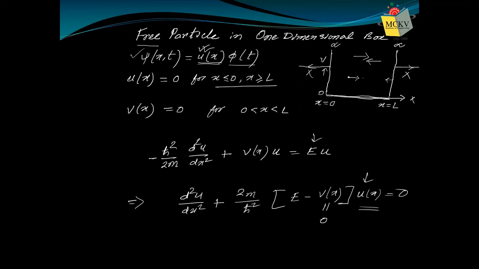And what is the condition at the boundary? We know that at the boundaries, that is x equal to 0 and x equal to L, the potential energy is infinitely high, V is infinitely high. What else do we know? We know at the boundary also, the wave function is 0, because the particle can be within the box only. So if the particle exists within the box, the wave function exists within the box. Therefore, at the boundary, x equal to 0 and x equal to L, the wave function is 0. So these are our boundary conditions.